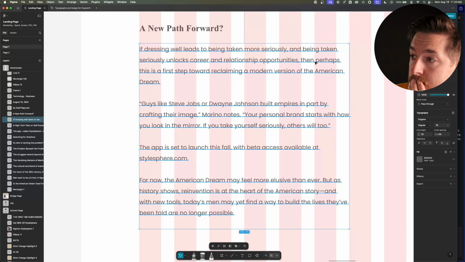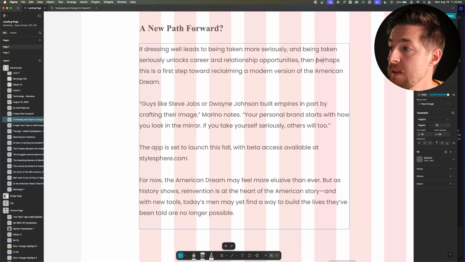Then perhaps I'm going to say this may be a first step. I'm trying to get dream to go up so I can only have 3 lines there. These two being taken more seriously. And that unlocks career and relationship opportunities, then this may be a first step towards reclaiming a modern version of